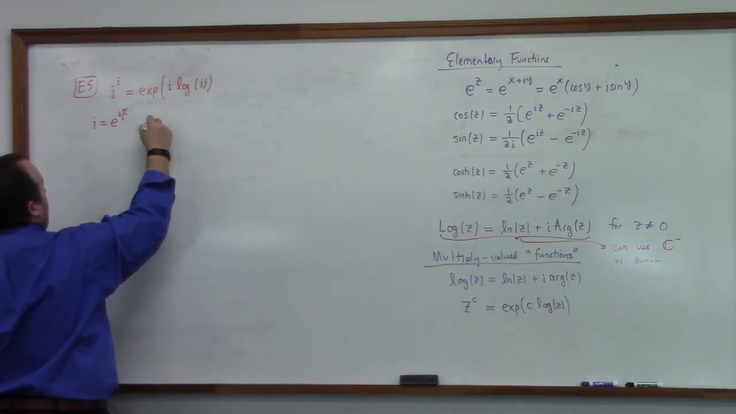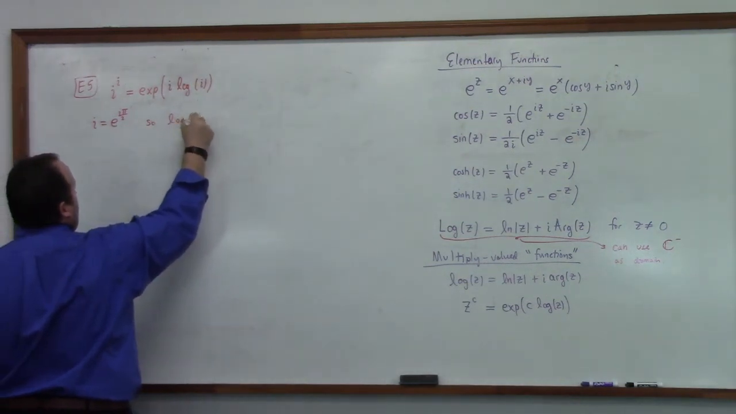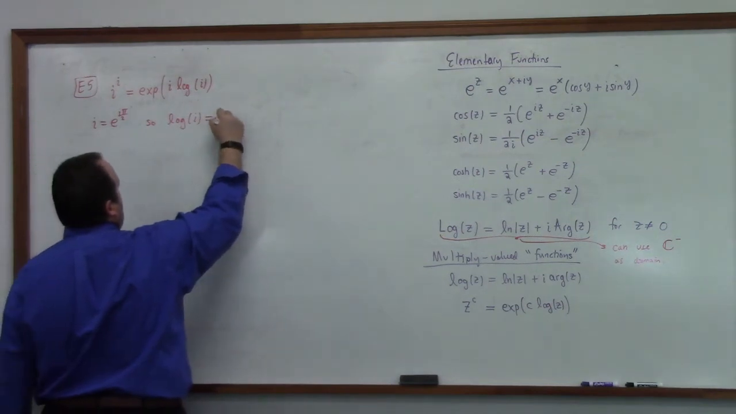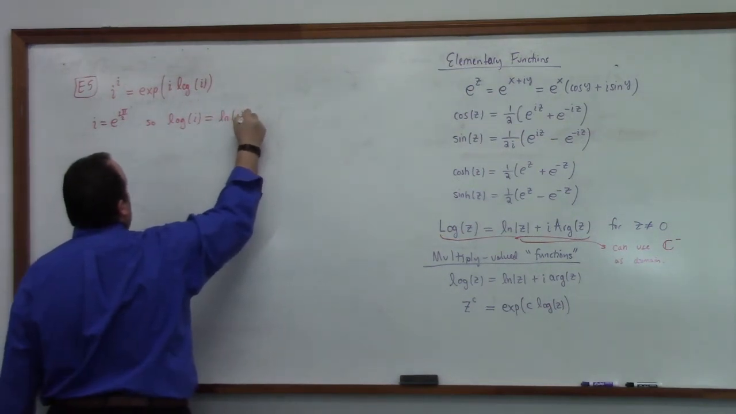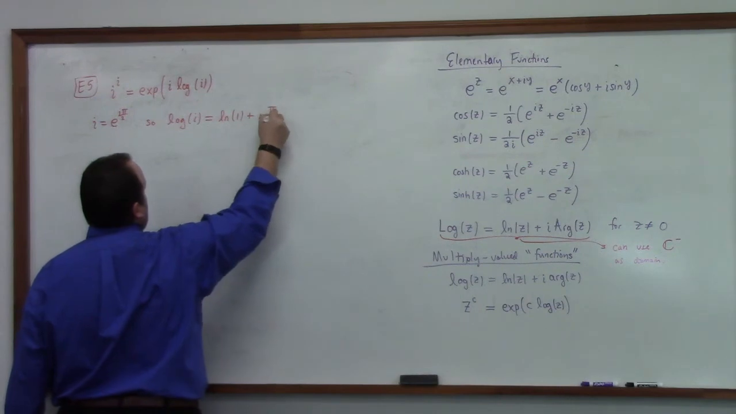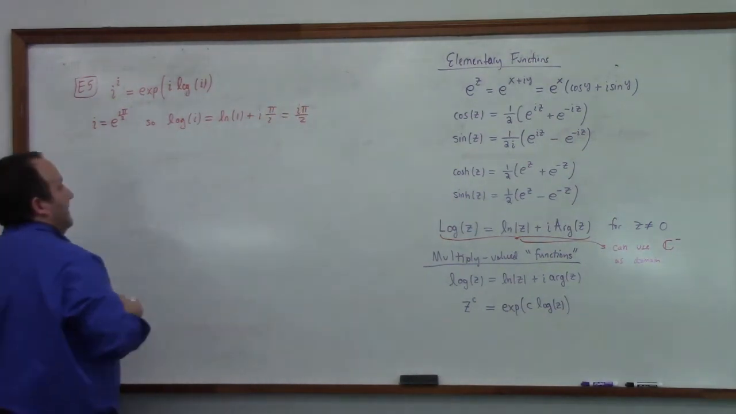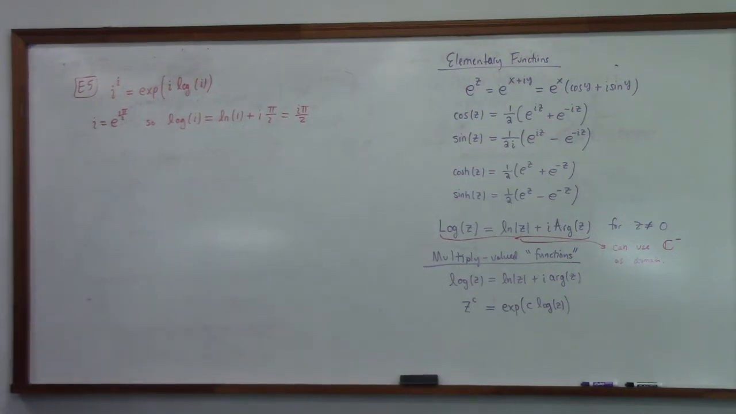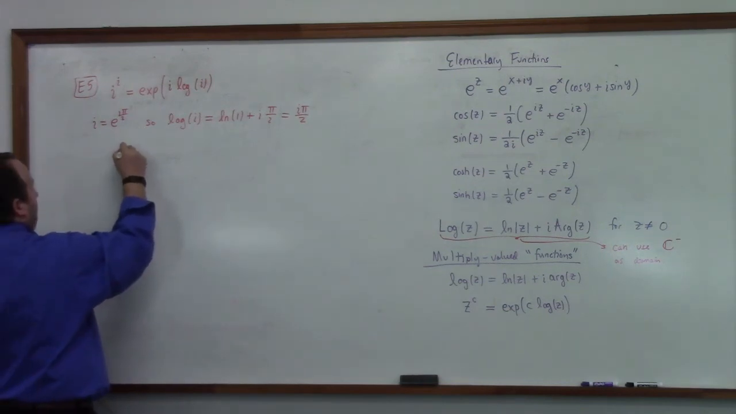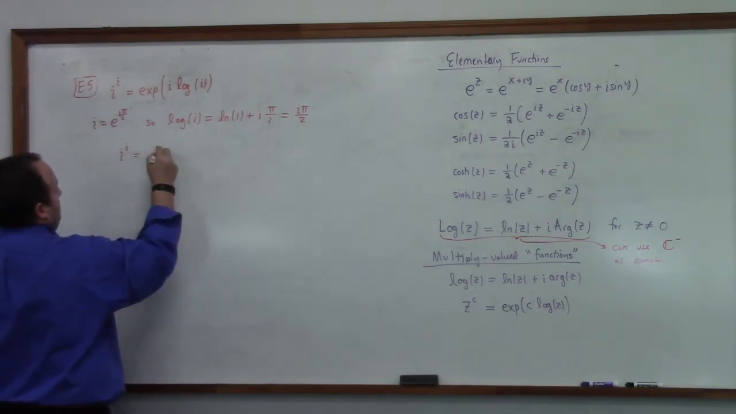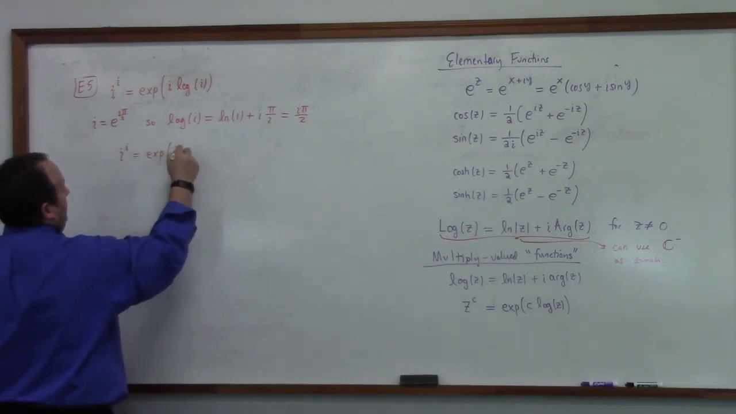So log of I is the natural log of 1 plus I pi over 2. In other words, it's I pi over 2, because natural log of 1 is 0. So this gives us that I to the I is, what is it? It is exponential of I